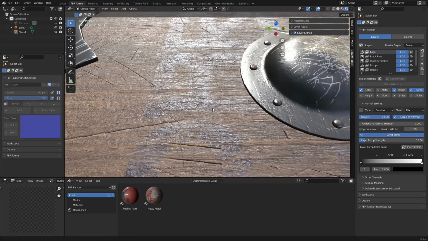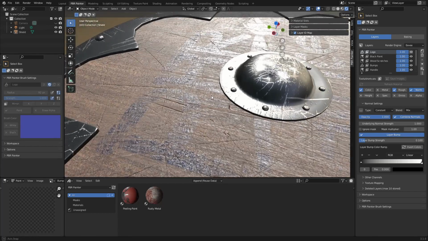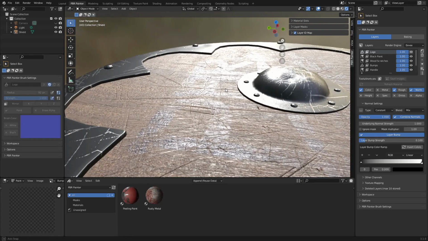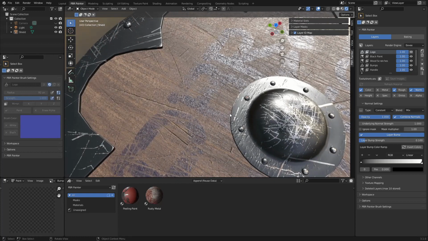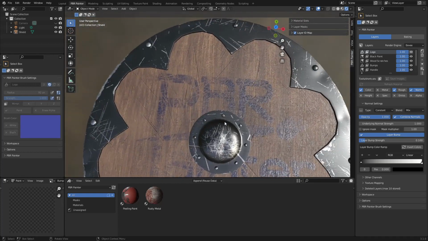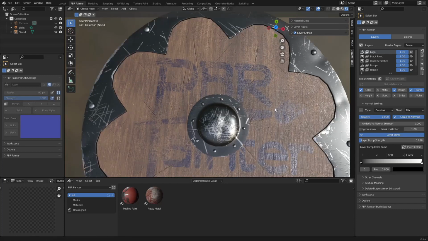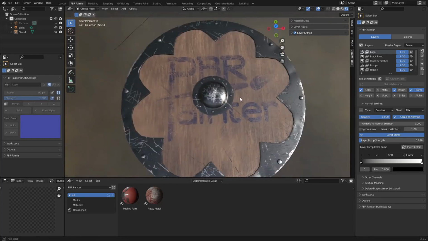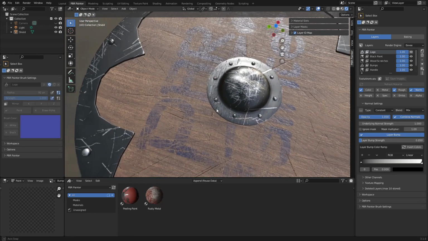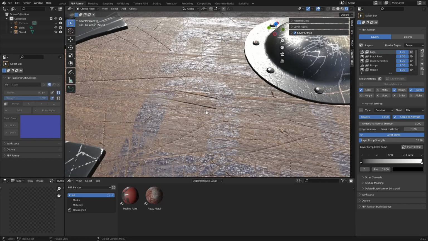Now, in terms of the roughness, you can see again that the reflectiveness is now different. So it's reflecting the light because it's a little bit more glossy than the wood, and that adds a lot in terms of making it look a little bit more like paint. I think the normals might actually be a bit too high, so I'm going to put that at something like that, just to kind of bring it down a bit. You can always obviously just get rid of the normals if you want to, but I think a little bit looks okay. I might actually increase the roughness slightly